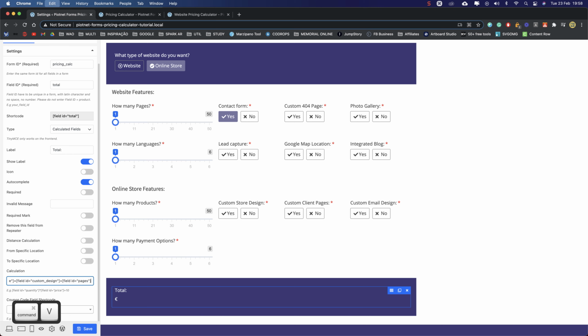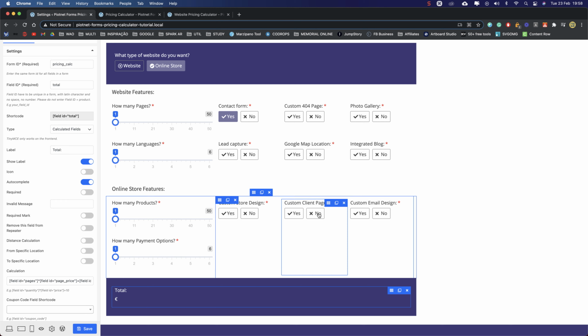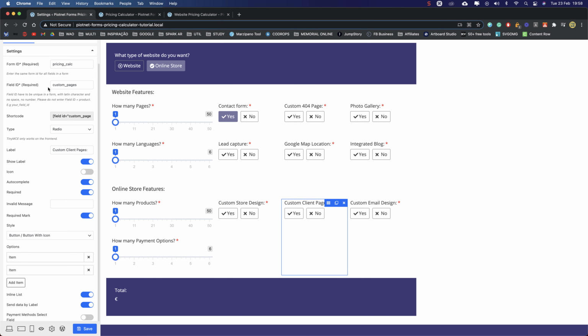Another one, this will be custom pages, I think, and here will be email design. Let's save and confirm here custom pages.